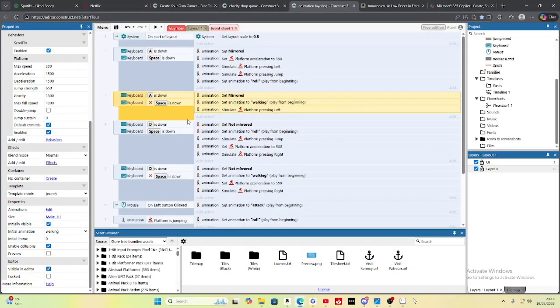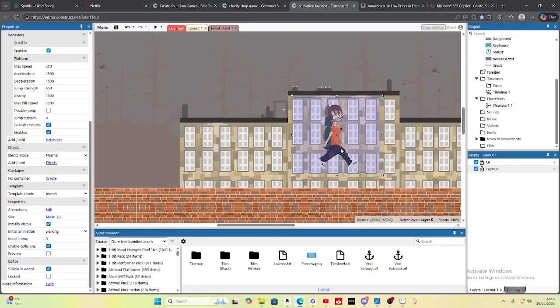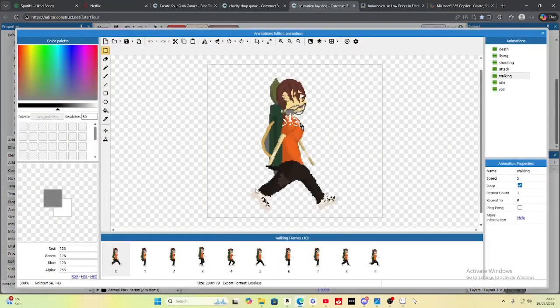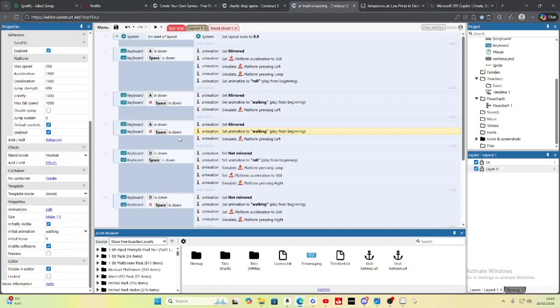So, this is where it gets tricky, because now you have your inverted controls. So, keyboard, A is down as usual, and the space being down, we right click on here, go invert. So you see how I turn it on and off, you have that. And I've set the animation to walking, which as you remember, was this one, the walking animation here. So, I've added that, and simulating platform pressing left, which we did here, because of the left and right movements